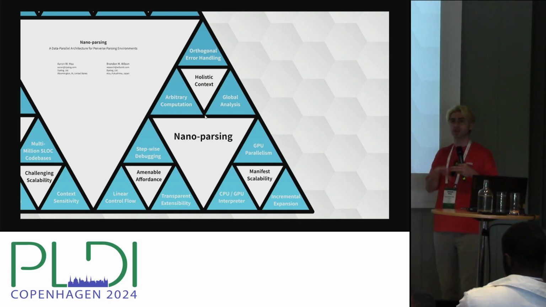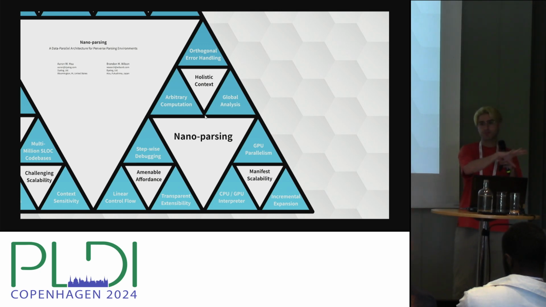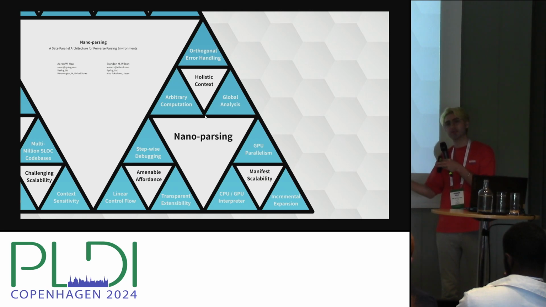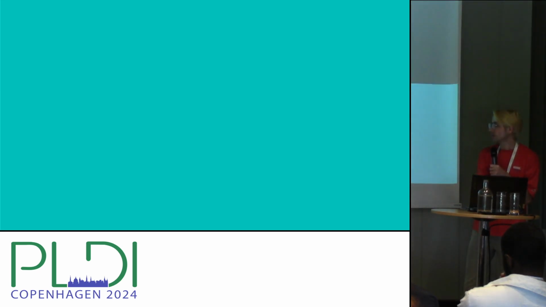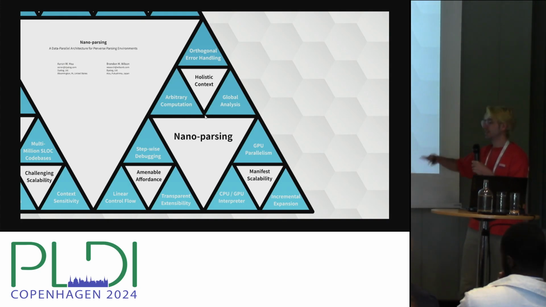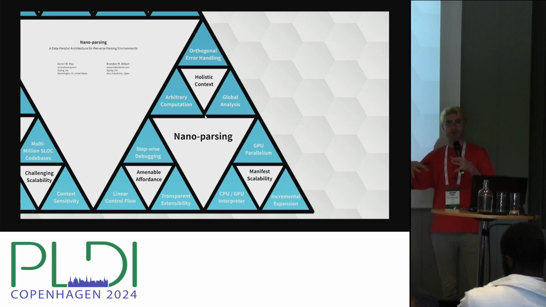If you're using traditional architectures, you can't take the tools you were using for a context-free grammar and just slowly extend them into the larger domain. You have these hard points where you have to throw away everything you were using and re-implement it because you've crossed into a harder problem domain. But with this nano-parsing architecture, you're not beholden to any of those constraints, so you can incrementally expand the class of problems or the size of the problem that you are trying to attack.